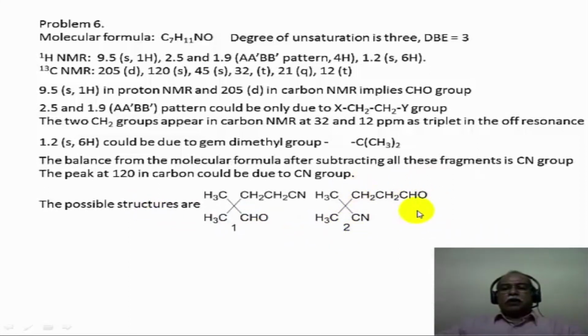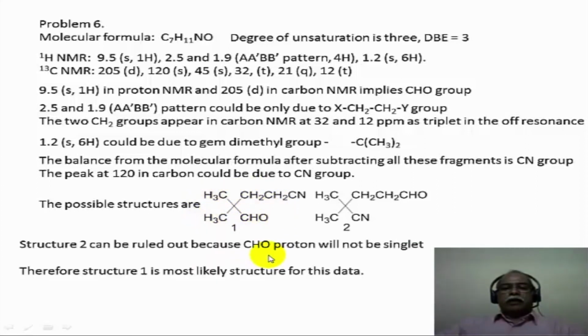Structure 2 can be easily ruled out as a possibility because the aldehyde is attached to a CH2, so the hydrogen of the aldehyde would have been split into a triplet by the CH2 hydrogens, which is not the case. The proton NMR 9.5 is actually a singlet, and structure 1 would give a singlet aldehyde, so this would be the most likely structure. Therefore, structure 2 is inconsistent with the data of the singlet 9.5 signal. If it had been a triplet 9.5 signal, it would have supported this particular structure. So one can rule out alternative structures based on the spectroscopic data that is given. Therefore, the structure is most likely to be 1 for this particular compound.